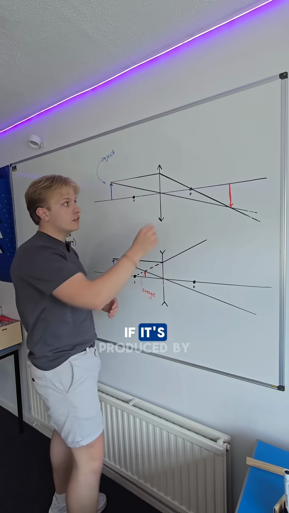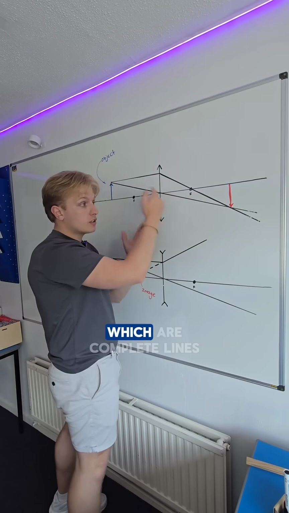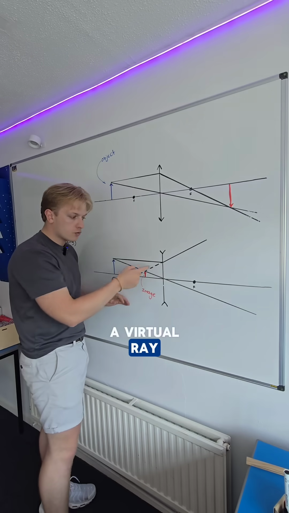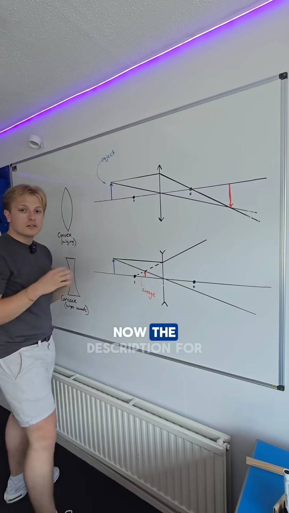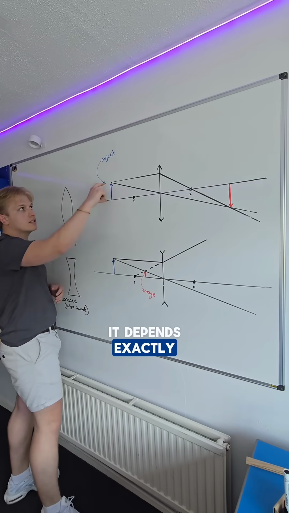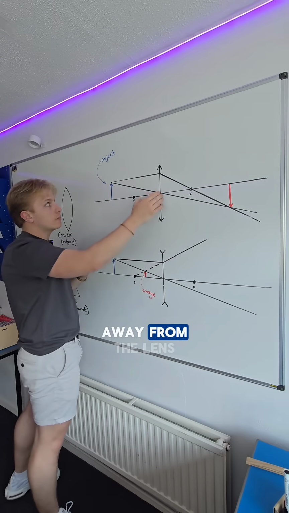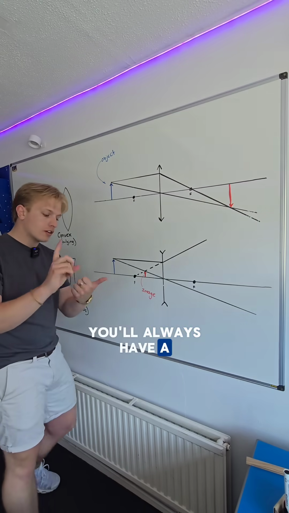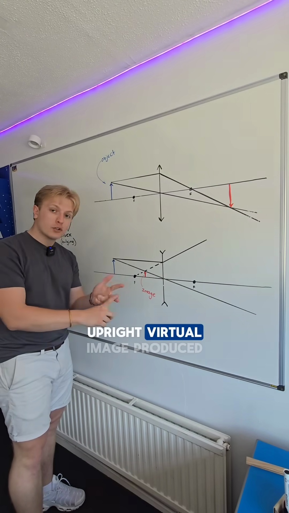We say it's real if it's produced by two real rays, which are complete lines when they join. We say it's virtual if it's produced by a virtual ray, a dotted line, when that joins. Now, the description for a convex lens depends exactly how many focal lengths away from the lens your object is to start with. But much easier, for a concave lens, you'll always have a smaller, upright, virtual image produced,